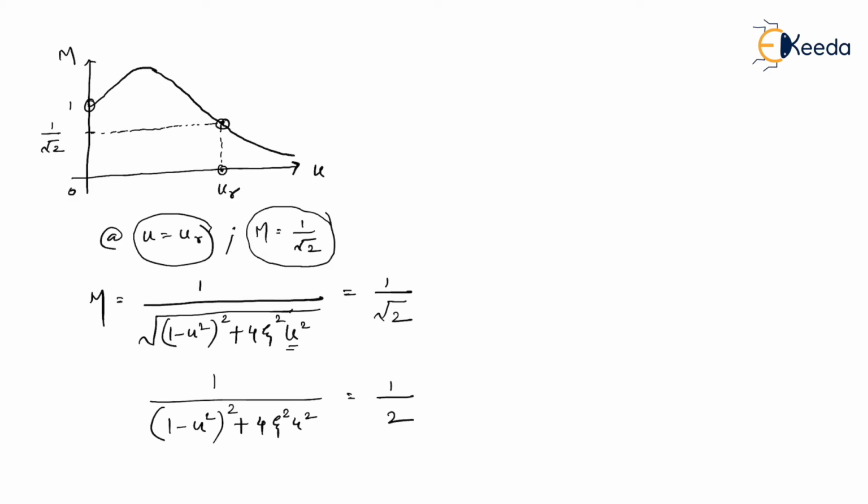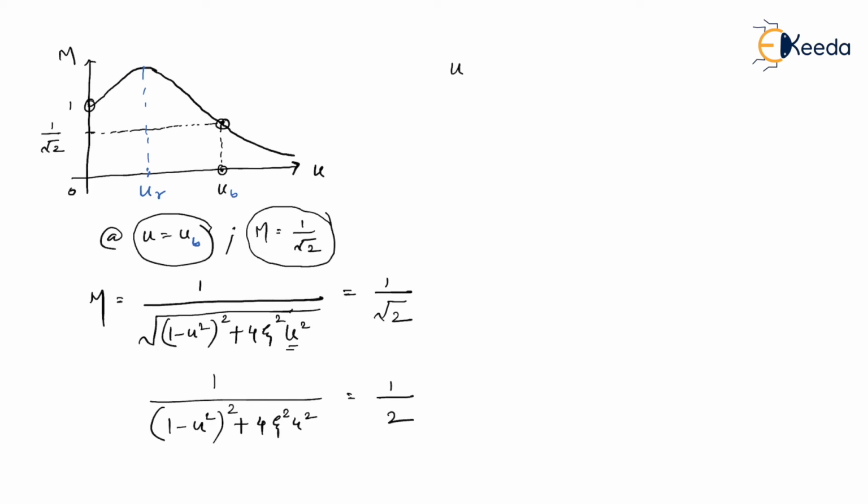So I'm just going to write the final value for u, and I would call that u as ub, not ur. Let me correct it. It is not ur. Obviously, it is ub. Why am I calling that ub? Because I want to calculate the bandwidth. Ur stands for the resonance frequency. So you should not use this ur term. Let us use the ub term.